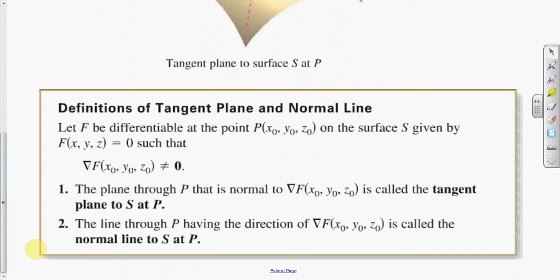Here, the definition of the tangent plane and then the normal line, we take the definitions and we try to build the theorem by which we can have a formula to solve for such equations. One, the equation of the tangent plane we're after, and then secondly, the symmetric equations to the normal line. Let f be differentiable at some fixed point on the surface S,